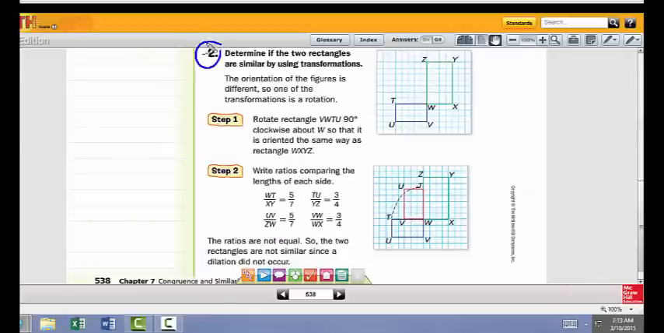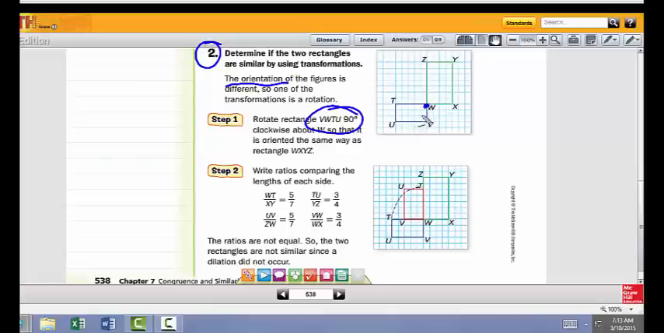Okay, in sample number 2, we are asked to determine if the two rectangles are similar by using transformations. So we'll take a look at this, and you can see that clearly the orientation is different. In this particular one, the smaller one we're looking at is wider than it is tall, and the larger rectangle is taller than it is wide. So one of the things we want to do is rotate 90 degrees,